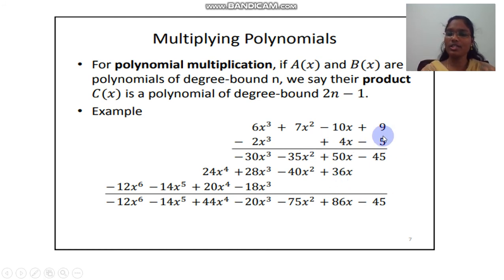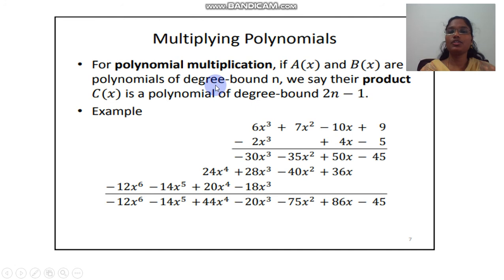As a normal multiplication, using the coefficient of each term, we multiply all the terms in the first polynomial. If you see here, 5 into 9 is 45, then minus 5 into minus 10 is plus 50x, then minus 5 into plus 7 is minus 35x square, minus 5 into 6 is minus 30x cube. Similarly using 4, then using 2. The only thing is you have to write it in the correct alignment, and after adding that, we see that the highest degree of the product that we get is 6.